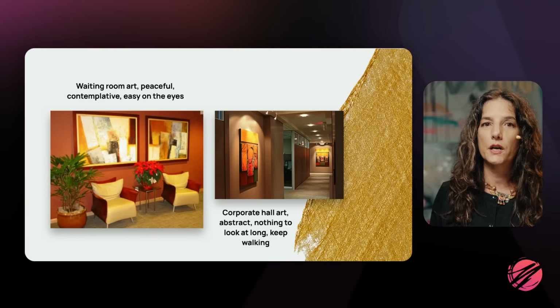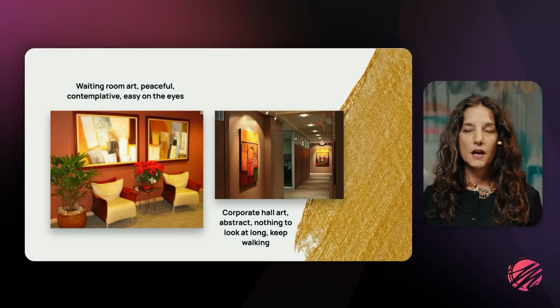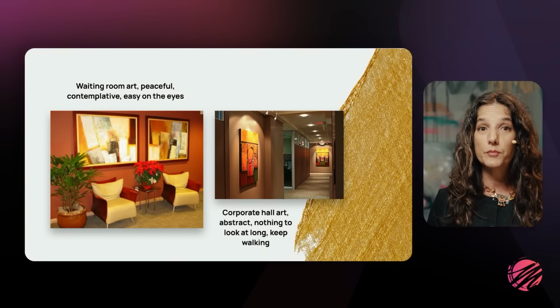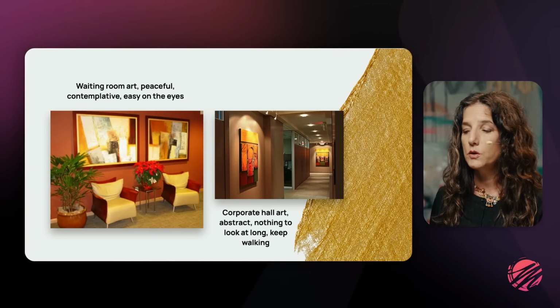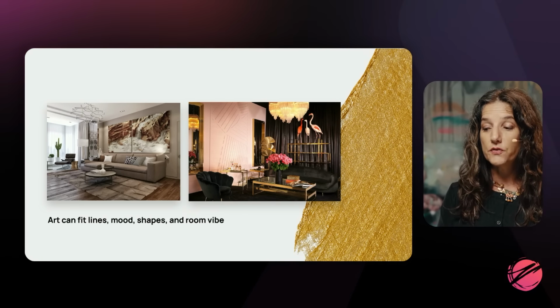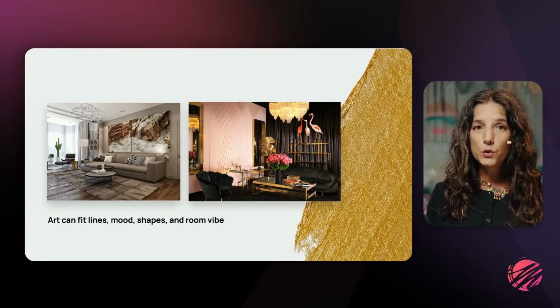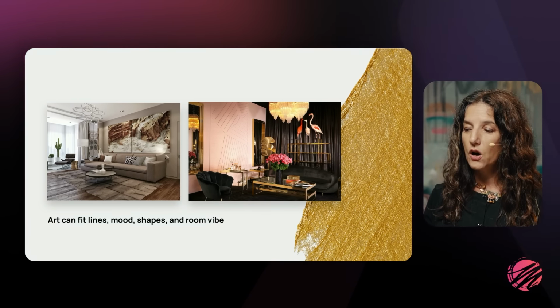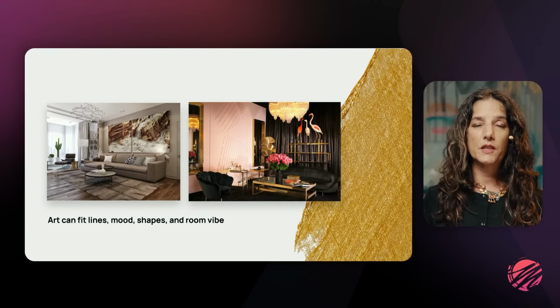It'd be so boring. It wouldn't look elevated. So it might feel like it's not contributing a lot, but it really is. Your artwork is really contributing to the atmosphere. So art can fit into different lines, shapes, moods. Different rooms have sort of a different vibe to them, and your artwork needs to complement that and fit in